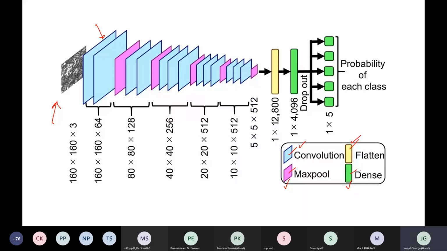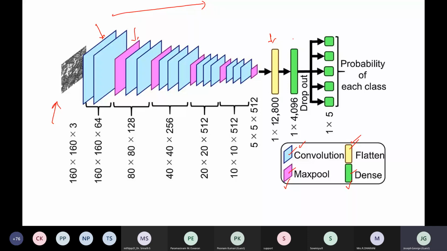So you can increase the depth by adding different convolution layers. You can also include max pool in between. It all depends upon the experiments. Okay, and then finally you are flattening, and giving this flattened input.